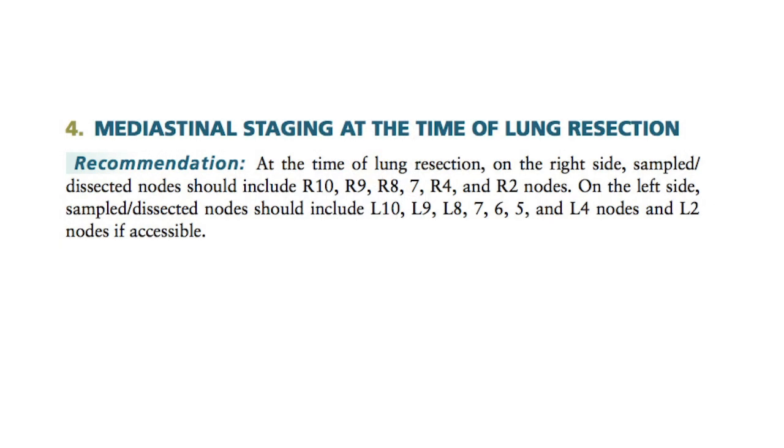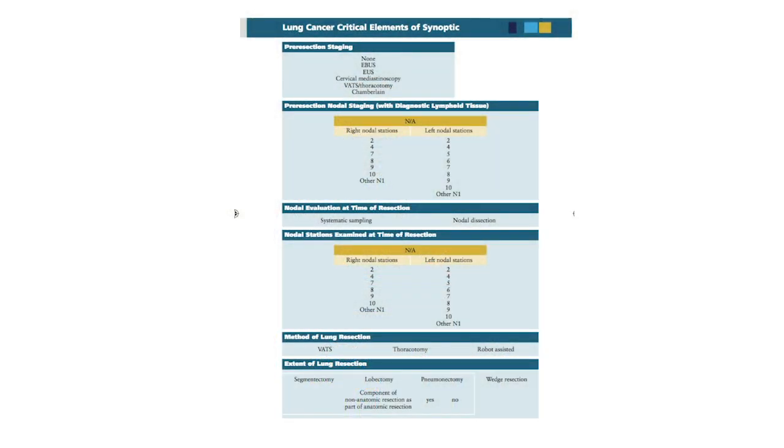So what we wrote in the Operative Standards Manual was this recommendation, that at the time of resection on the right side, sampled or dissected nodes, and we have a detailed discussion on the merits of dissection versus sampling. On the right side, these are the evaluable nodal stations. On the left, these are the evaluable stations. And in fact, in the synoptic that we presented at the back of the chapter, we suggested that people who are interested in reporting data and trying to keep track of what was actually done for nodal staging, just keep track of this data. So we submitted this to the COC 2.5 years ago, and it basically sat in a